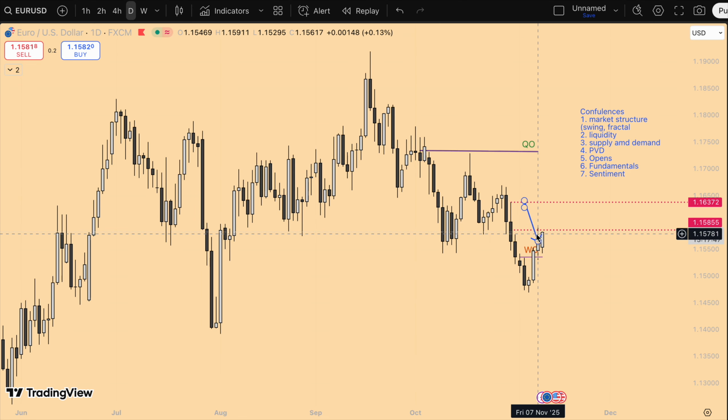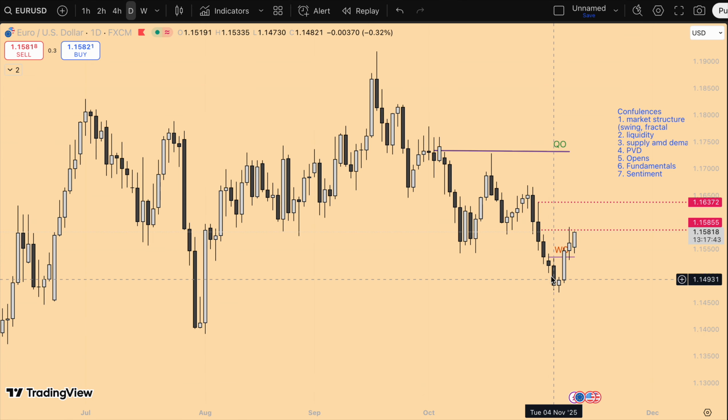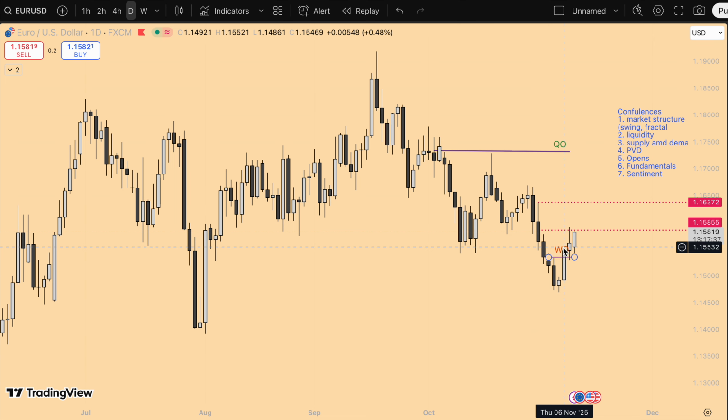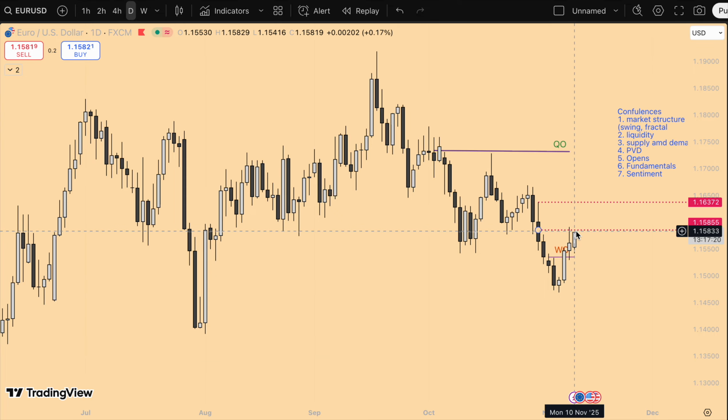And then fractal structure is just the structure of each individual candlestick. Let's take this out so it can be clear. It's just the structure of each individual candlestick. So for example, here you have a break of this high, and then the next candle broke this high, and now this is our high. Where was our last low break? Right here. So these are fractal lows, these are fractal highs, and now we're just waiting